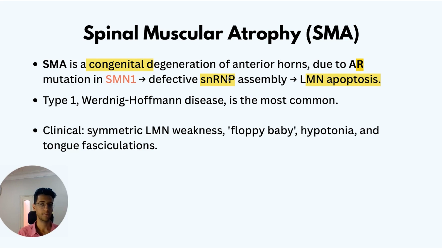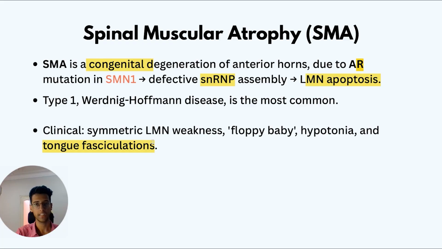It affects the axial skeleton as well. The clinical finding will be a symmetric lower motor neuron lesion, versus the asymmetric lesion of polio, a floppy baby, and hypotonia because it's a lower motor neuron lesion, and tongue fasciculation. And this is a very important finding that you can consider a keyword or buzzword in vignettes